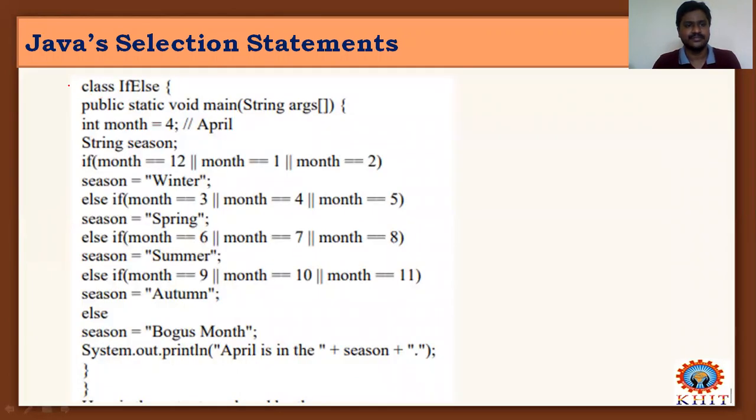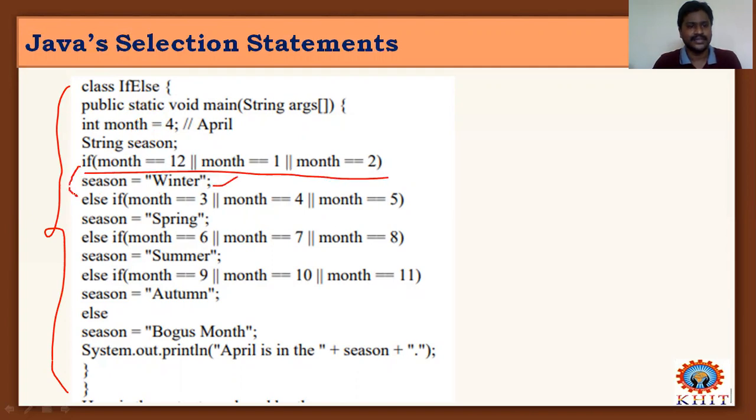And this is one simple example program to understand this if else ladder statement. Inside we have a string given: if month equal to 12, month equal to 1, month equal to 2, that is winter. Here it is clearly telling that when the month is 12, 1, 2, and if it is not equal to those, then it goes to the else if statement and checks month equal to 3 or 4 or 5, whatever the month, that gives a spring month.